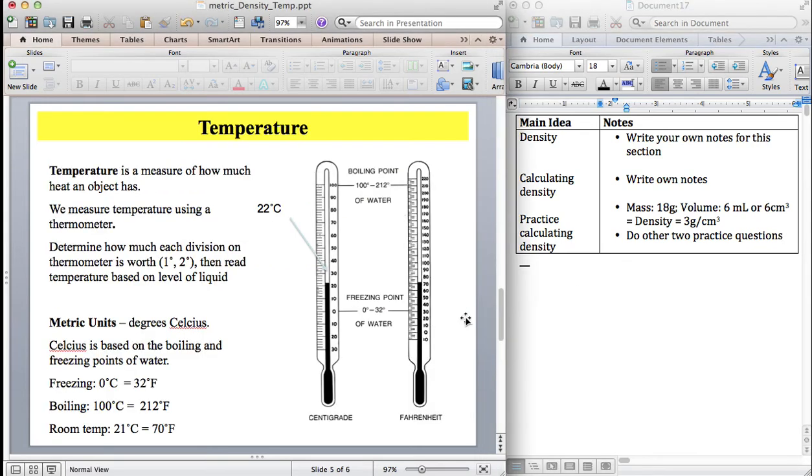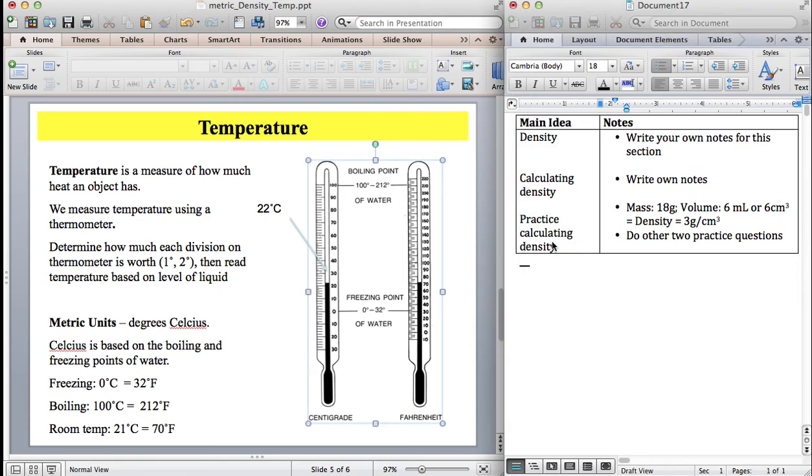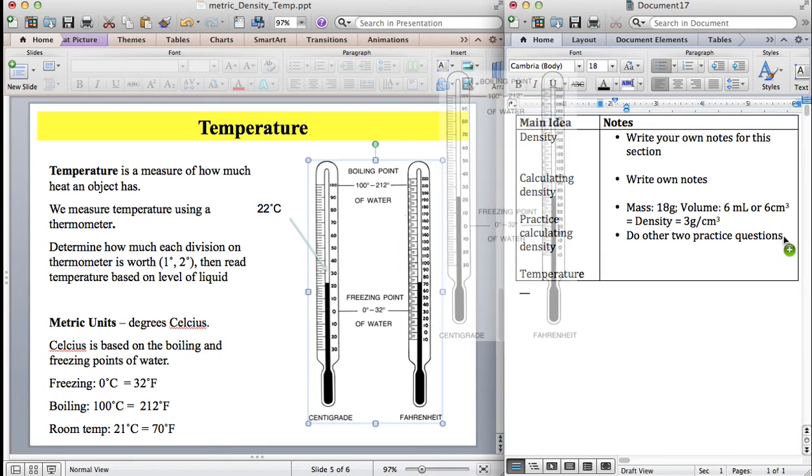Alright, we'll finish up quickly looking at temperature. Temperature is pretty straightforward. This is something we should be fairly familiar with. Temperature is a measurement